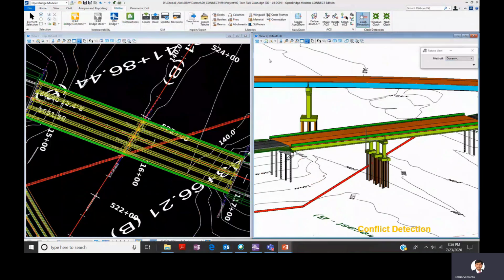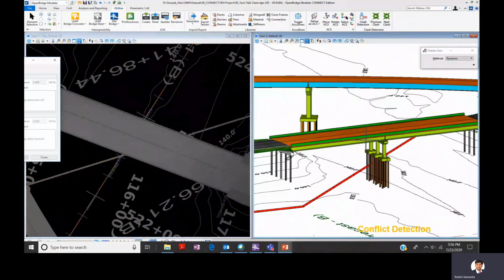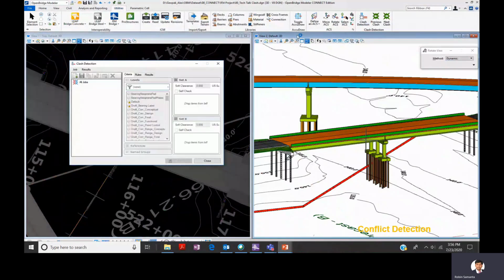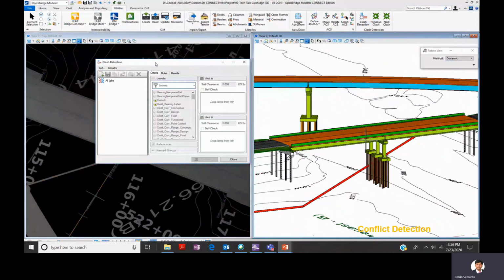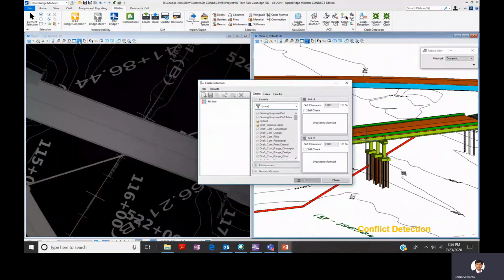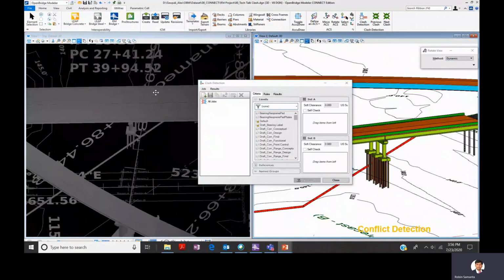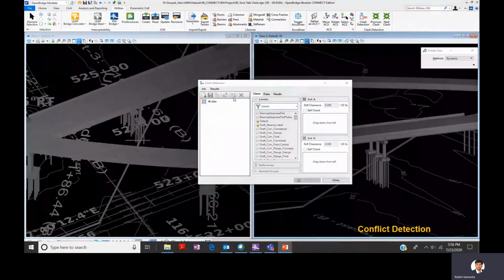Once you reference your utility file with our bridge file, before it is constructed at the site, you can easily identify whether it has a clash or not. In a similar way, we are detecting our clearance verifications for horizontal and vertical. Using the same clash detection tool, we can also easily identify whether there is a clash with the utility line or not. Remember, we are working in a connected development environment with different disciplines.